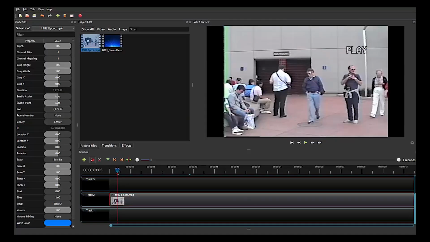Okay, so now we're going to be talking about your project profile. All right, so what's a project profile? Well, you can think of a project profile as the foundation for your project. This is what you'll want to set up initially before you start doing anything, because a lot depends on how you've set it up. The project profile determines how the project is going to be seen, and here's what you need